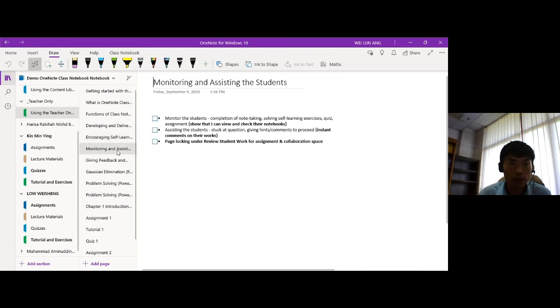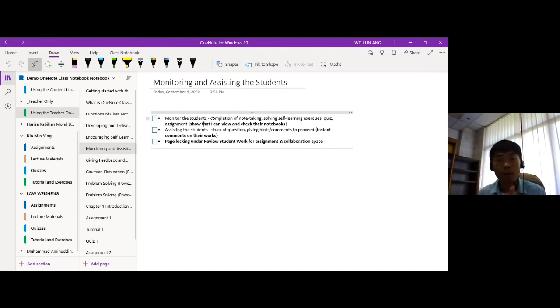Another thing is that we can utilize the OneNote for monitoring and assisting the students. Sometimes in the class we do know some students might be a little bit slow in their learning and might need additional help in terms of problem solving.